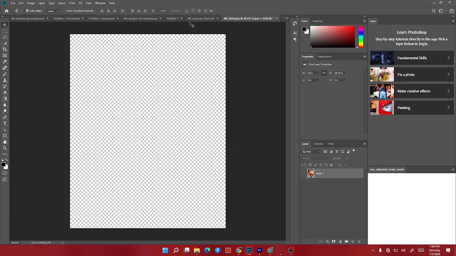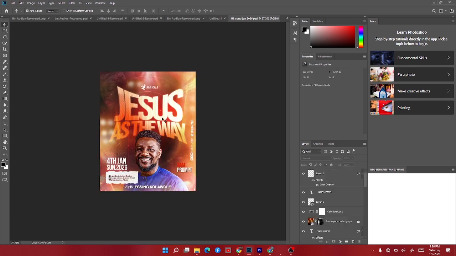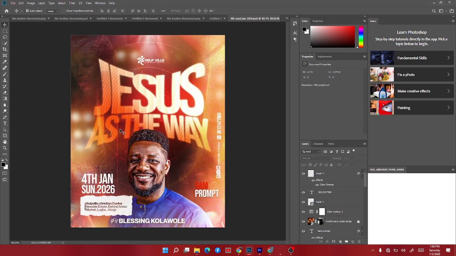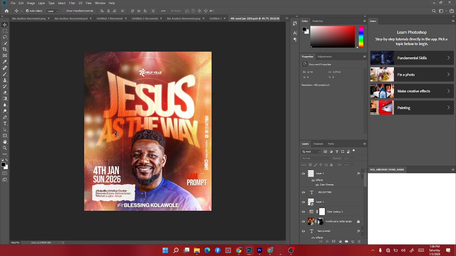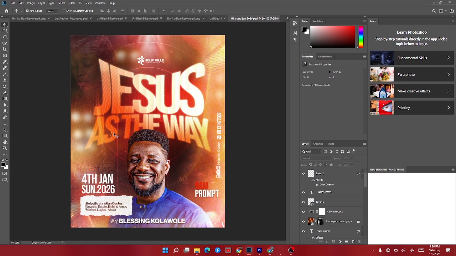In today's tutorial, you're going to be creating a flyer design just like this in Photoshop. This is very easy and fast to do in Photoshop. Now the first thing we need to do is,